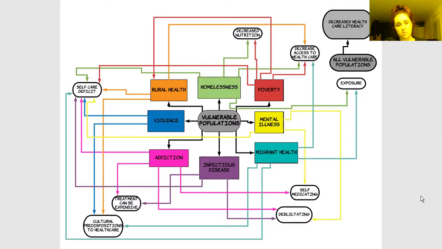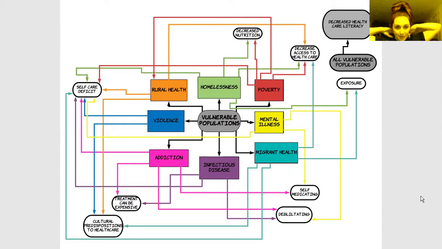Rural health, the orange box above violence. Again, predispositions to healthcare down to the bottom, cultural predispositions. And again, cultural in the term of people who either choose or do choose to live in rural areas. A lot of times there are different cultures of people out there, and there's different ways that people do things out in the sticks, as we call it. I lived in a very small town with only 100 people for a time, and things can be handled very differently out there. You don't always have access to healthcare,